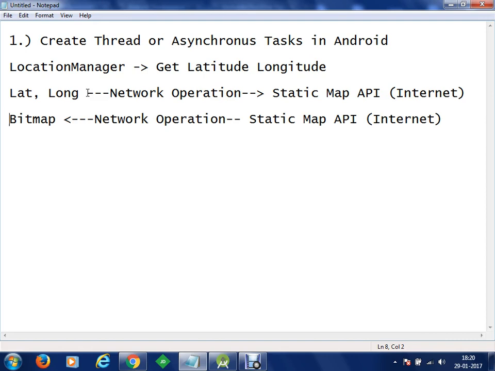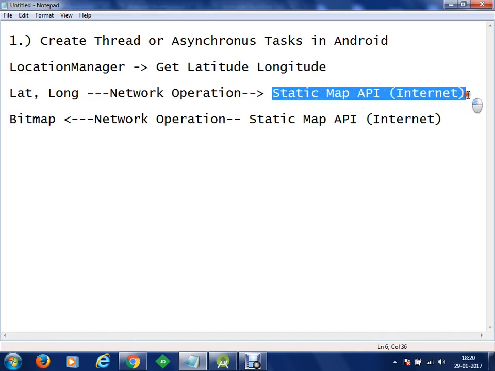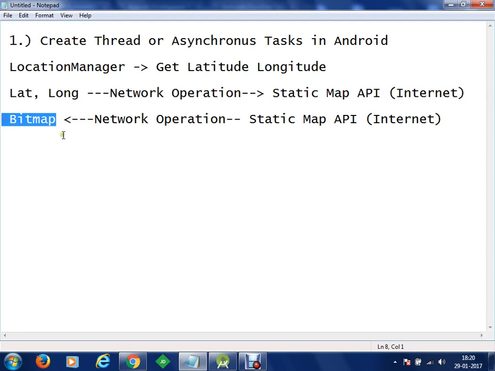So what we did, actually we have got latitude and longitude position from the location manager. We are going to perform a network operation and we are going to send the values to static map API on the internet. Once the static map API has processed this latitude and longitude, it is going to generate an image back for us. We will be receiving this bitmap image and we can use this image in our application.